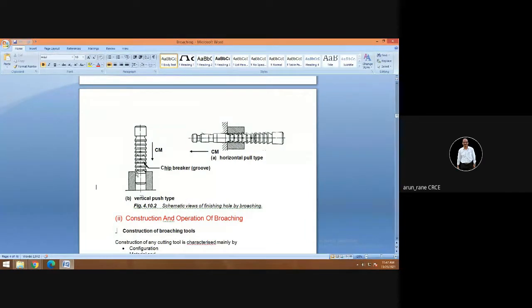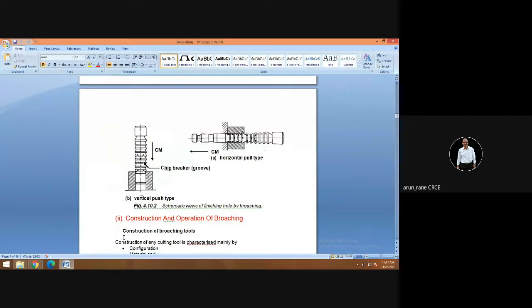So these are the teeth. This is a tooth, this is a tooth, these are the teeth on the round broach. This is called the round broach. This is not a keyway broach. Why are we using a round broach? Because we want to finish a round hole. Suppose if you want to cut a keyway, then you will use a rectangular broach. Then a rectangular broach will be used. This is push and this is pull.